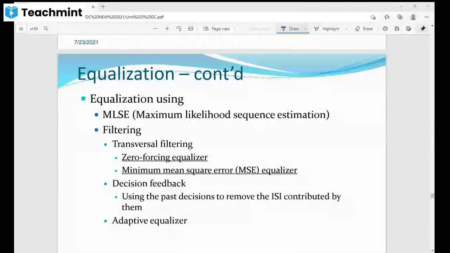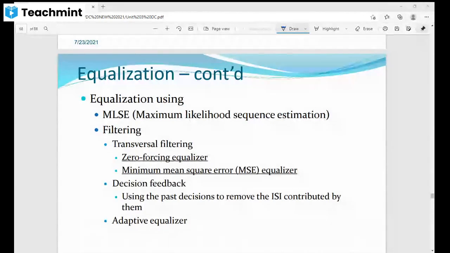Then the adaptive equalizer, which is very important and mostly used in digital communication. It is typically a linear equalizer which updates the equalizer parameters and processes the data. Then Viterbi equalizer, then BCJR, then turbo equalizer, where turbo coding is used. So there are many equalizers, but as per your syllabus, you should study the adaptive equalization technique.